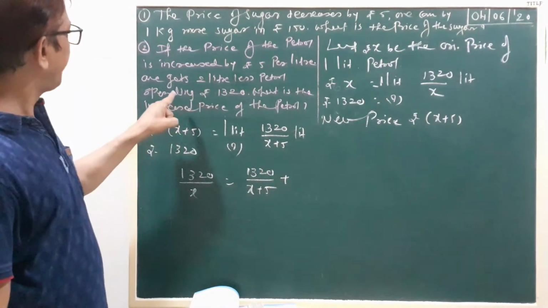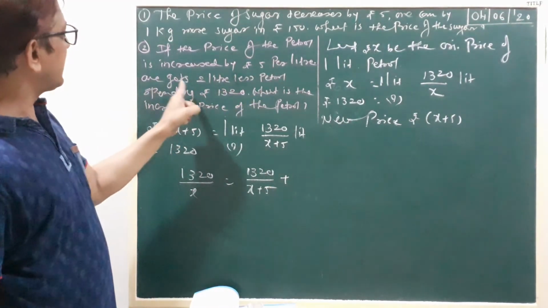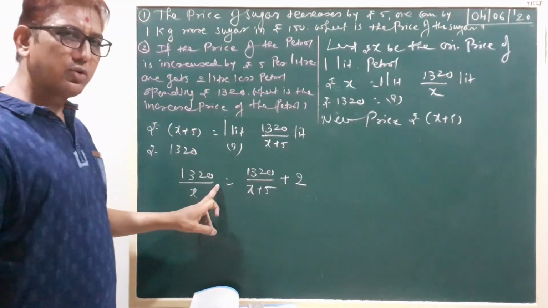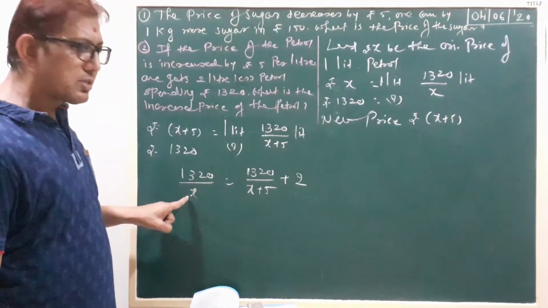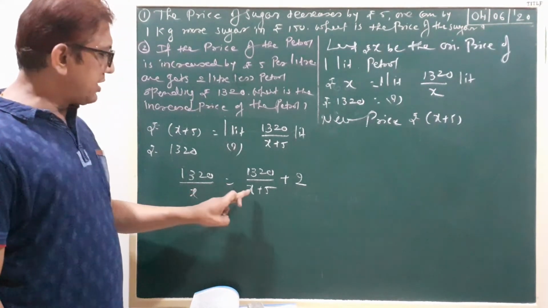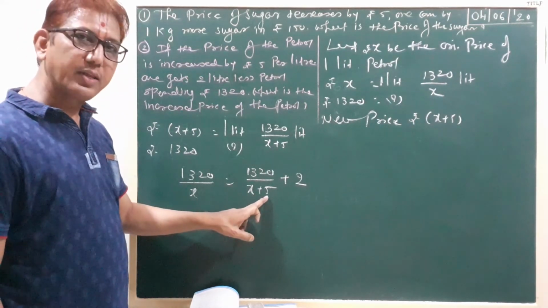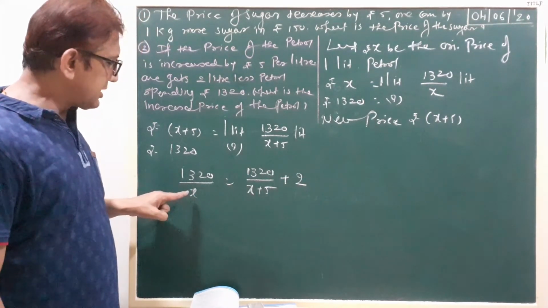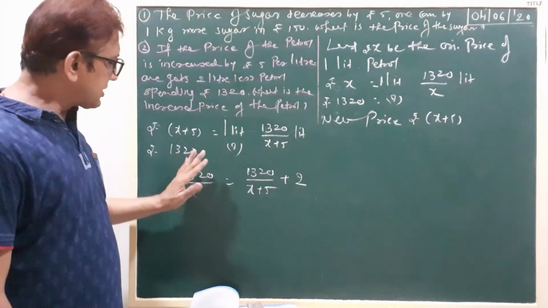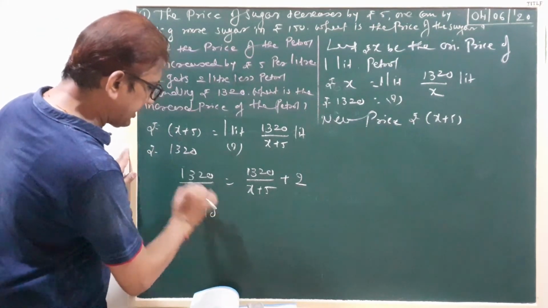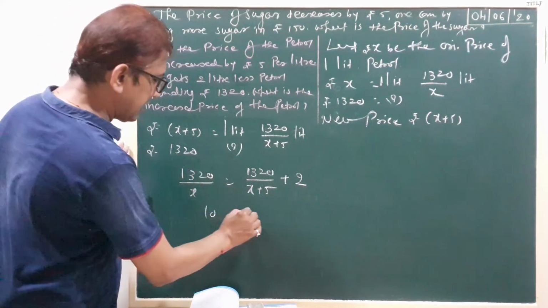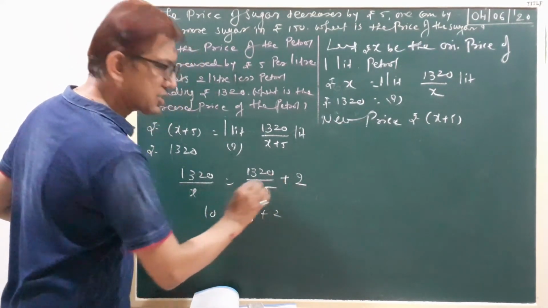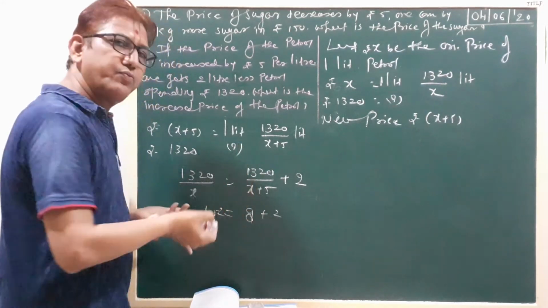Now read your question. Increase by rupees 5 per liter, one gets 2 liter less petrol. If you write 2 here, it is minus. Suppose the price here is 60 rupees and here 65. So the denominator is greater, so the division will be smaller. Here X is 60 and here 65, so the answer here is suppose 10 liter, and here the answer is 9 liter or 8 liter. Now compare these two.